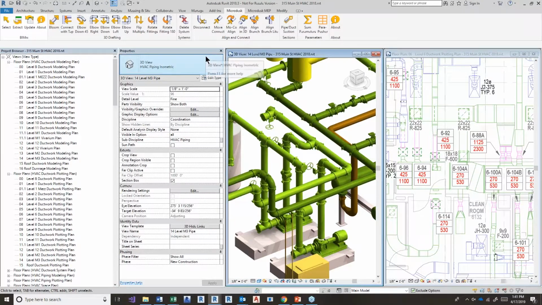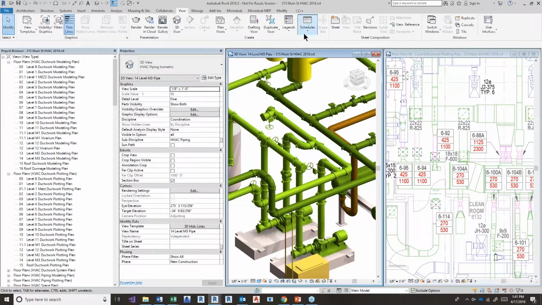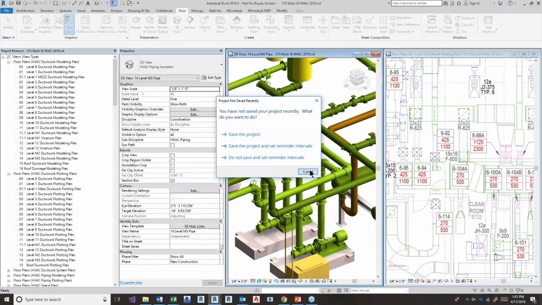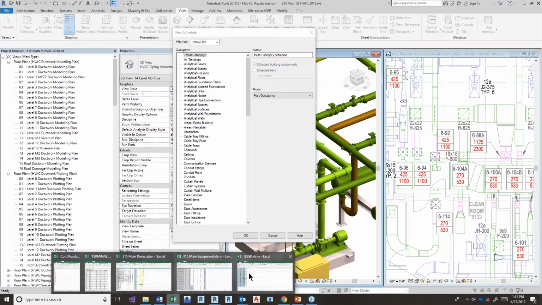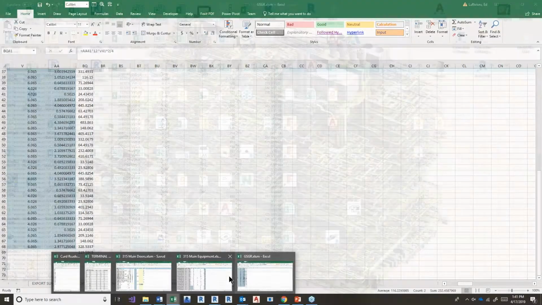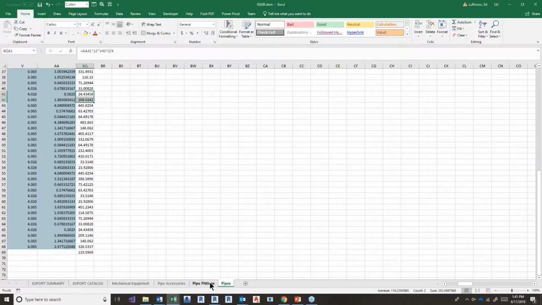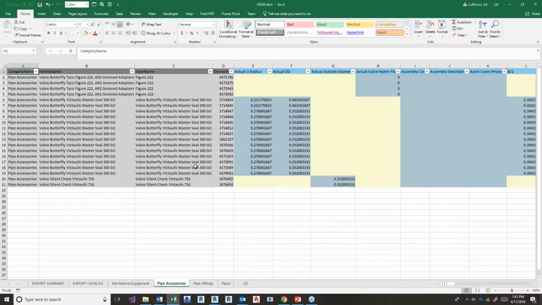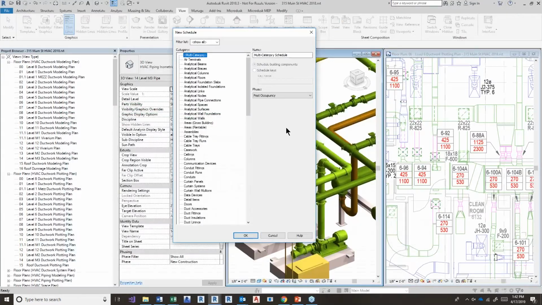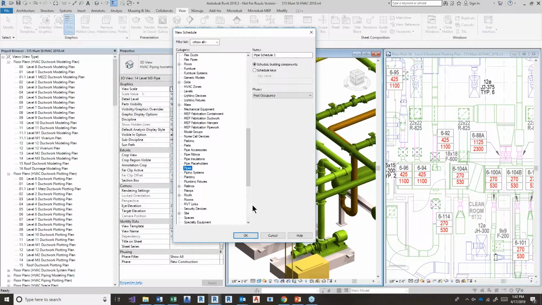We could have created a view schedule. If I went to the View tab of the ribbon bar and created a schedule, we could only choose one category at a time. So where the BIMrx gave us multi-tabbed, we could come in here and sum up all of the pipe fittings as well, or find all of the valves. We get counts of all of the valves in there. If we wanted to get those quantity takeoffs, we'd have to do it category by category if they had unique parameters. In this case, I would have to come in and choose pipes,